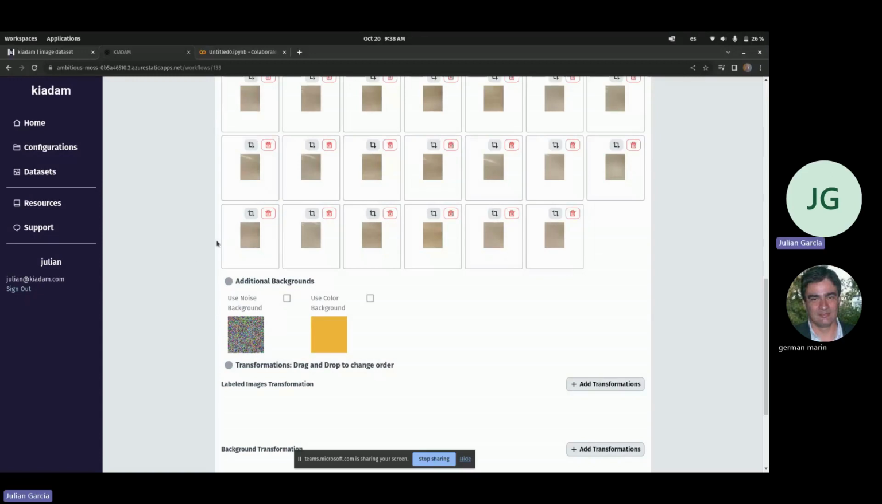Now we have uploaded the background images that we are going to use to generate our synthetic dataset. Still, we have more options to choose background images from. We can choose if we want, in some of the images, to put a noise background, as it shows here. Instead of the wooden table images, we can put this, which is random pixels. Also, if we want, we can choose that some of the images have a background consisting of a single color,